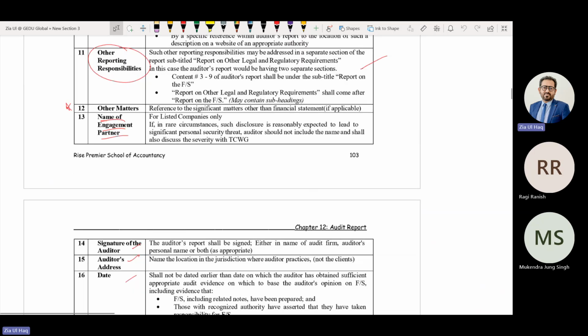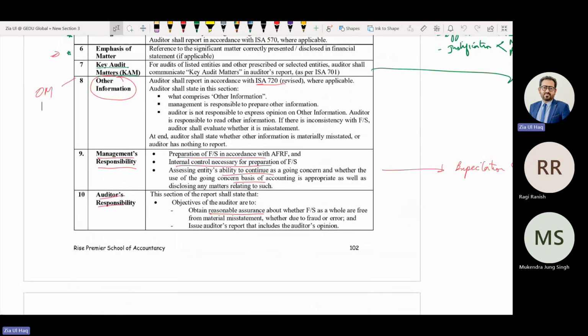If you want to include emphasis of matter, it should be placed before CAM. If we want to include other matter, it should be placed after CAM. If you want to include both, they should be placed together, either both before CAM or both after CAM.